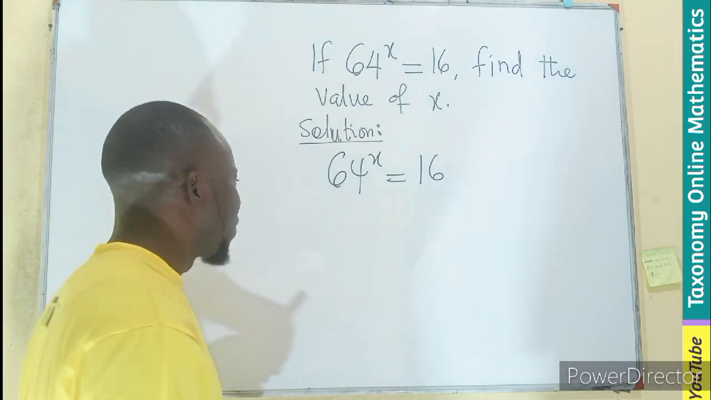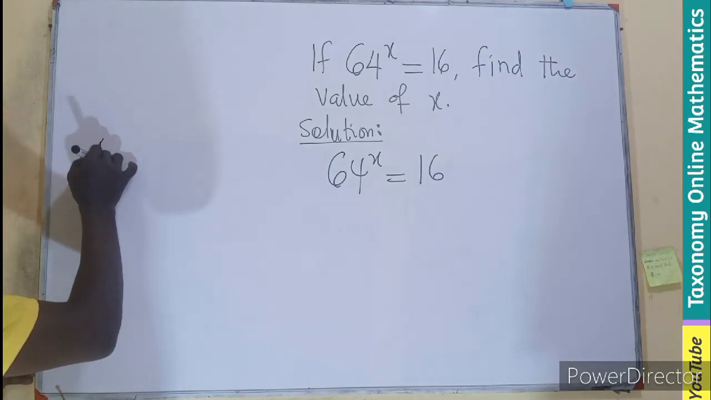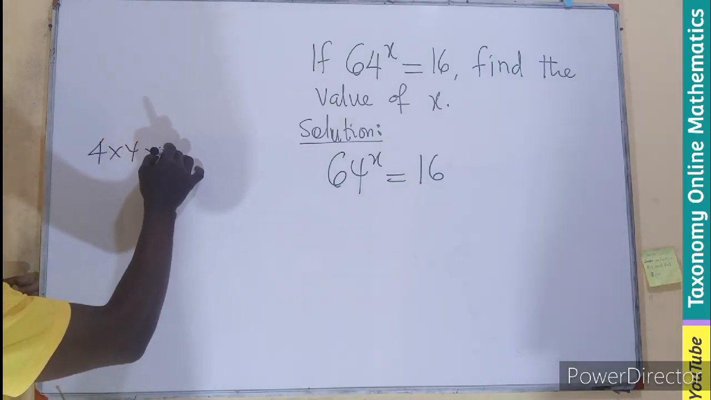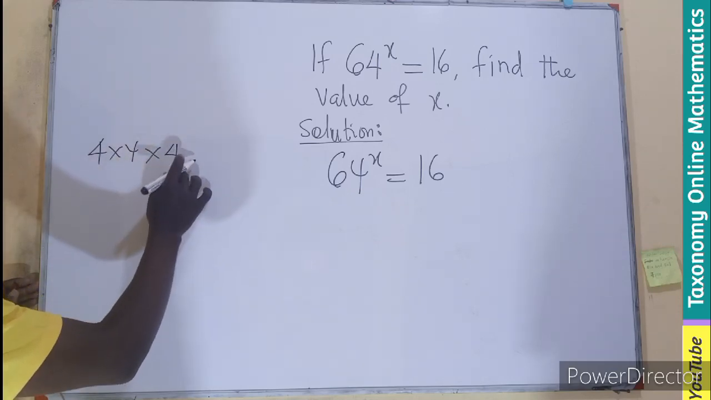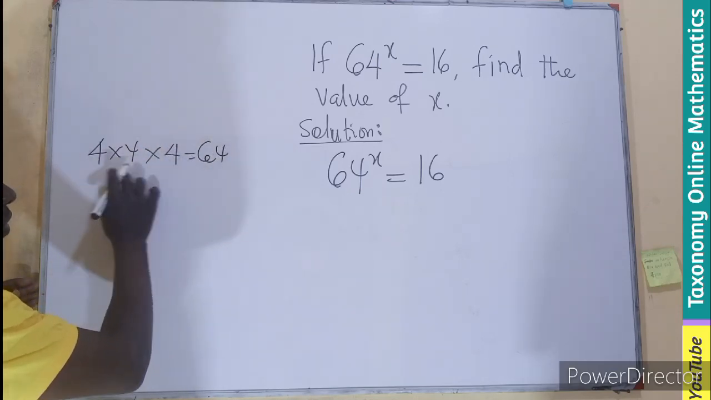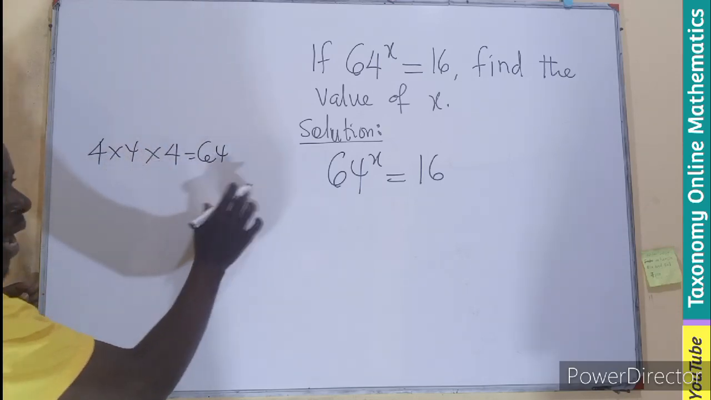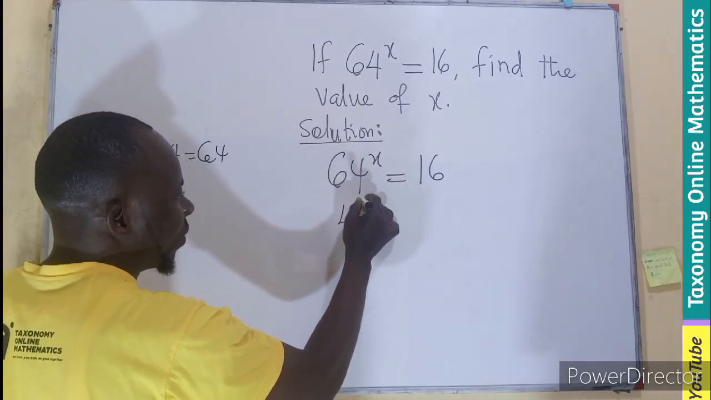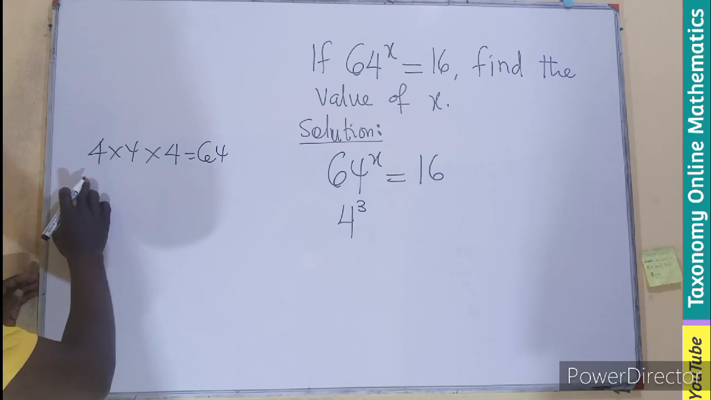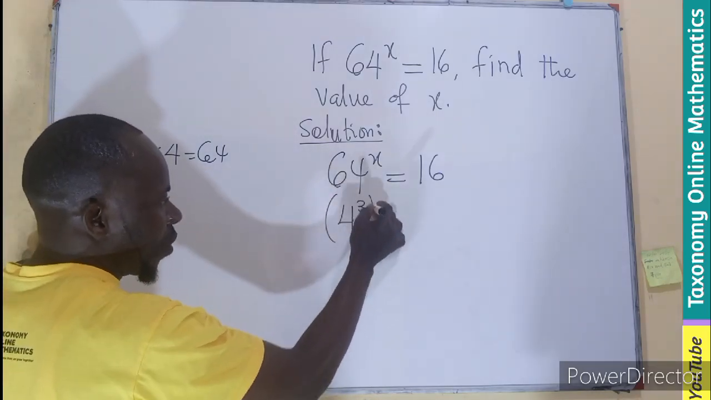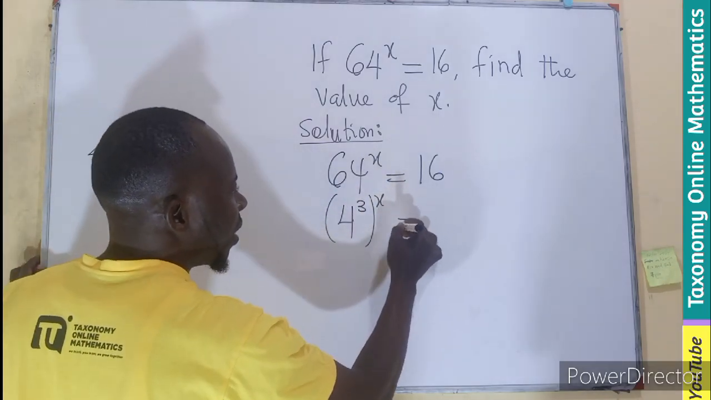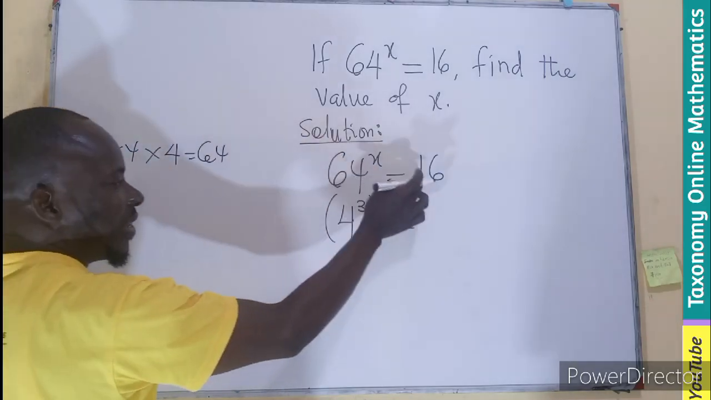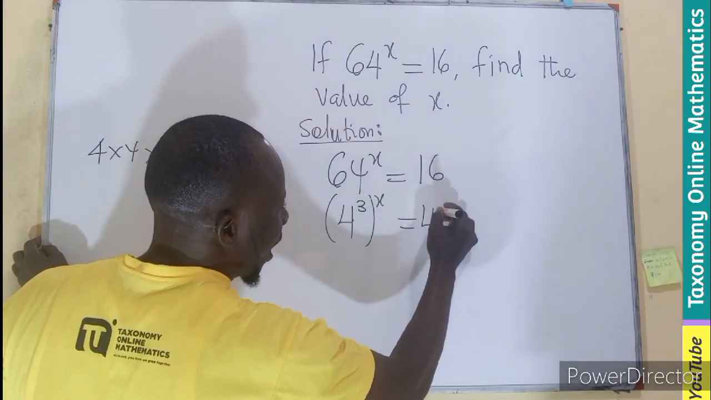I can see that if I multiply 4 times 4 is 16. 16 times 4 gives us 64. So I'll be replacing this as 4 exponent 3, 3 times. And that is also having a power of x. 16 equals 4 times 4, meaning 4 exponent